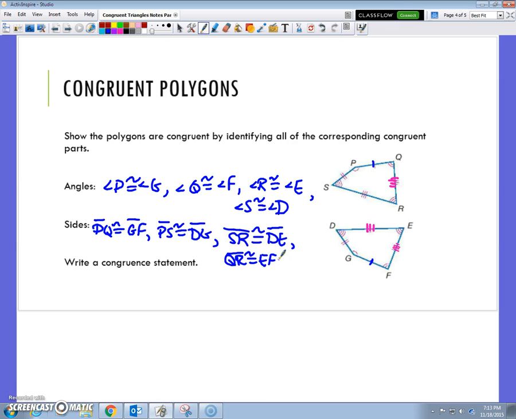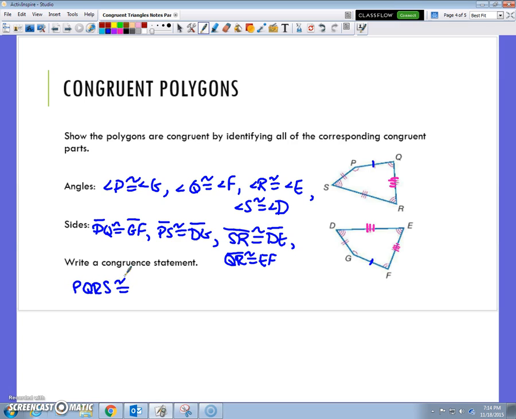Okay, so now the fun part. We're going to write a congruent statement. We need to make sure that all the segment lengths go in order and the angles match up as well. So what I'm going to do is go right around this one, P, Q, R, S, in order. I'm going to ignore the second quadrilateral right now. I'm going to say P, Q, R, S is congruent to